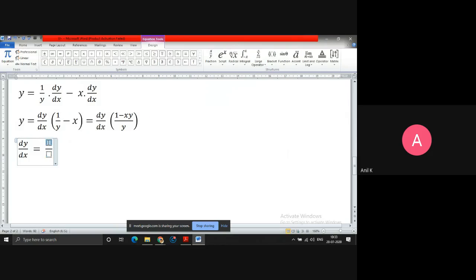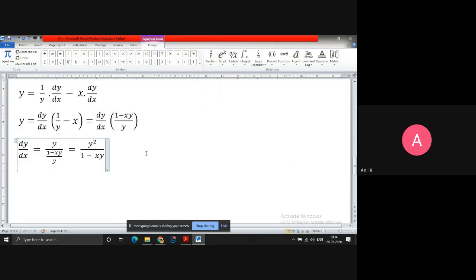So when I send here, numerator y will remain here y only. In the denominator, you are going to get this term. Why is it coming? Because y goes to dy by dx into some theta. When I want dy by dx, this theta will go to the denominator of y. Okay. So this will come into the denominator, which is equal to, now this y will go to the numerator as multiplication. So it will become y square upon 1 minus xy.